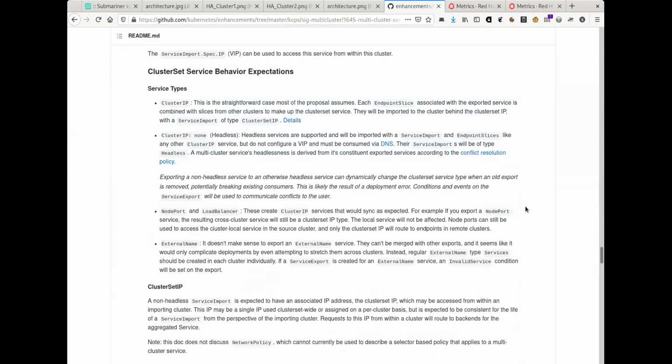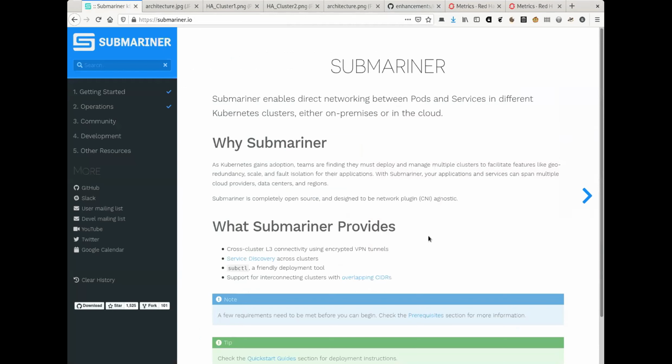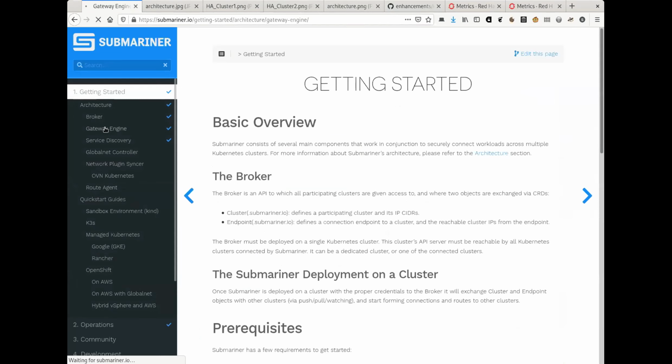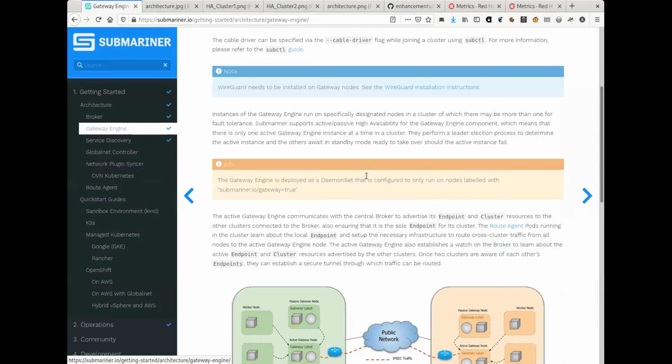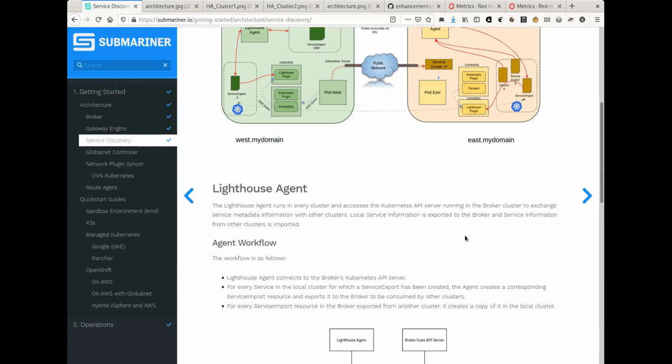Right, and I think that's pretty much it. So everything that I've shown you today is described in the Submariner documentation that you can find on submariner.io. So for example, in the Getting Started section, you'll recognize the diagrams that I used describing the gateway, service discovery as well. And so if you're interested in Submariner, we invite you to go and have a look at submariner.io,